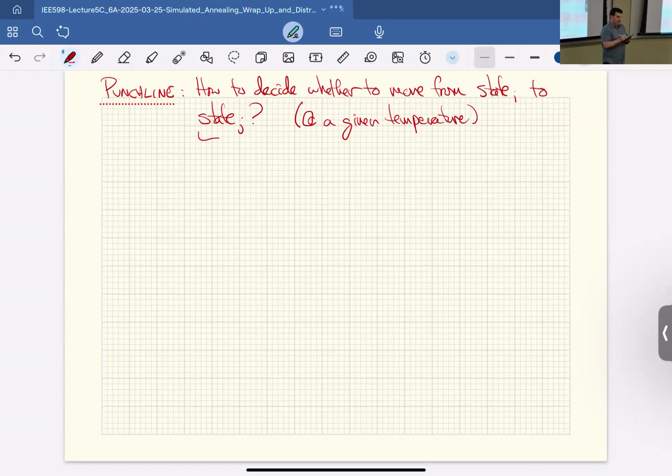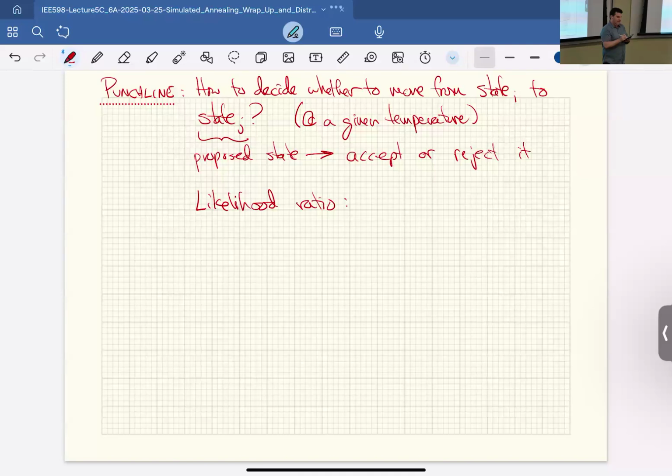And so we have a proposed state, and the question is, do we accept or reject it? We're going to do that based off of a likelihood ratio of the Boltzmann constants. Because the normalizations are the same, they drop out, so we're basically comparing the probability of one state to the other under the Boltzmann distribution. So you're just comparing the numerators to each other. So this likelihood ratio is going to be the probability pi over pj,